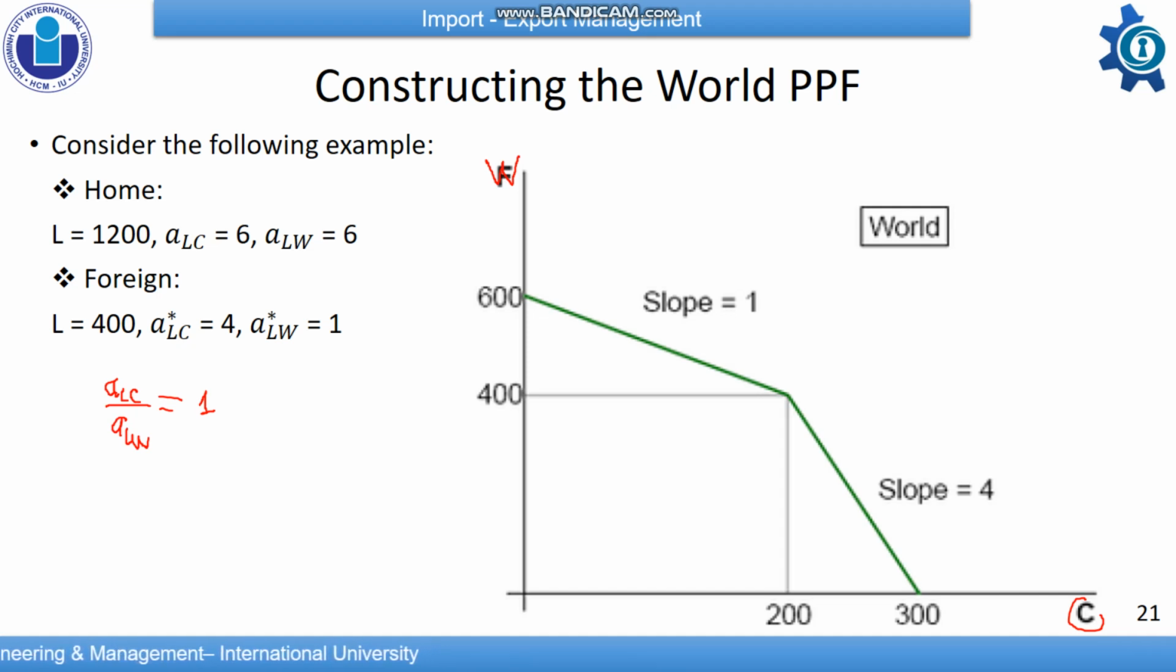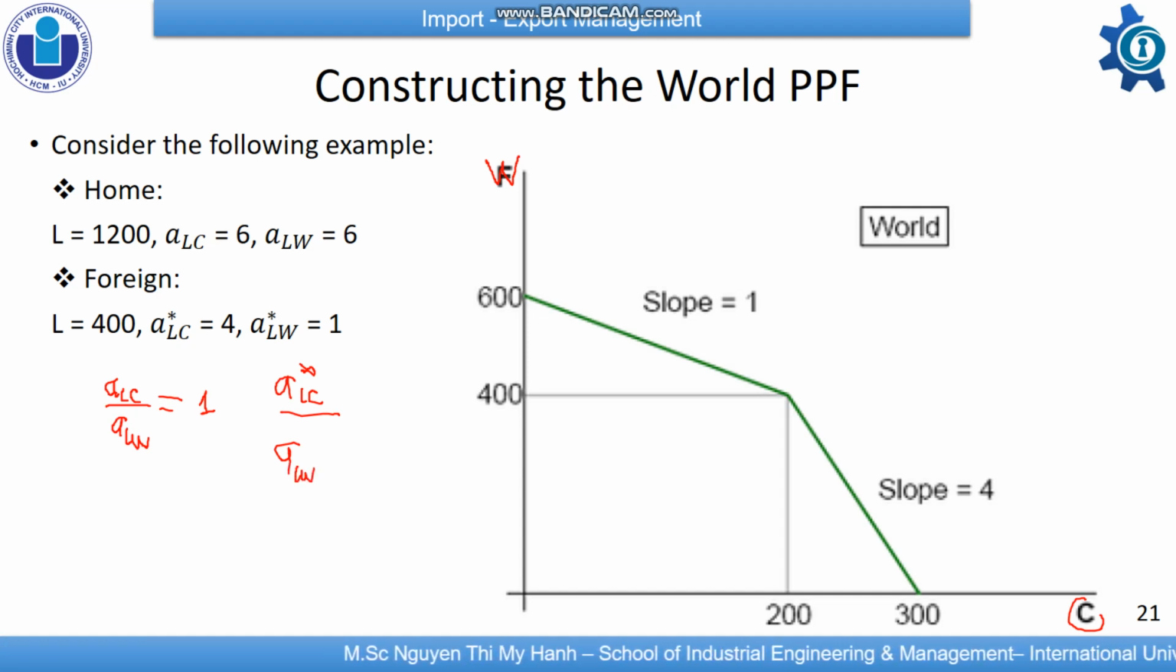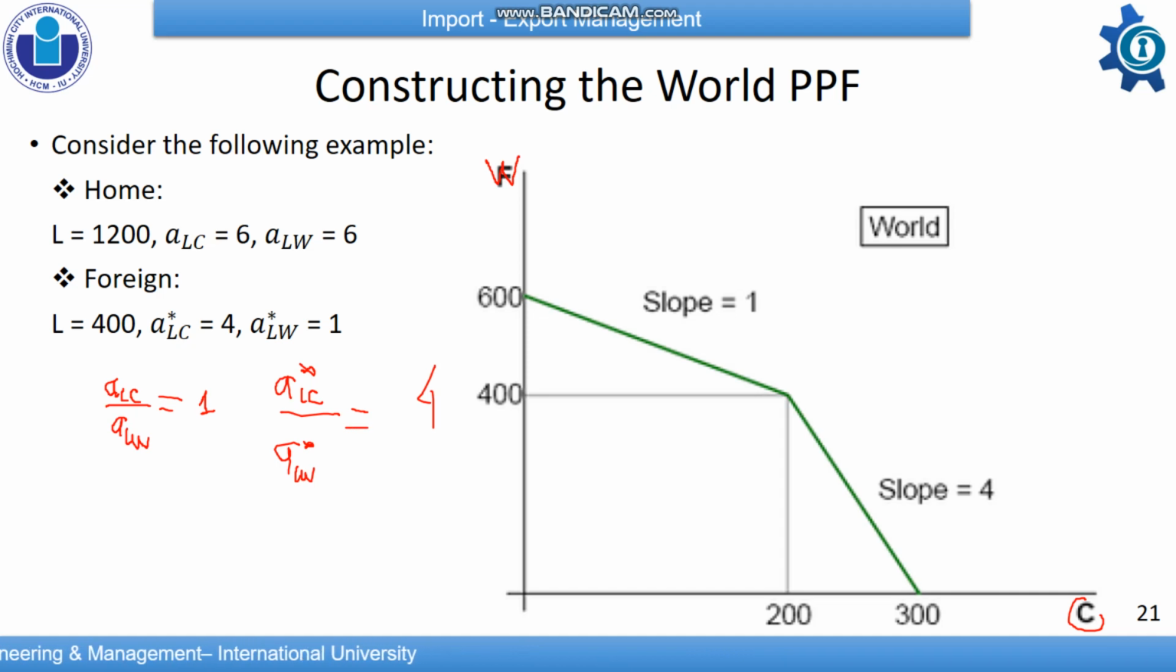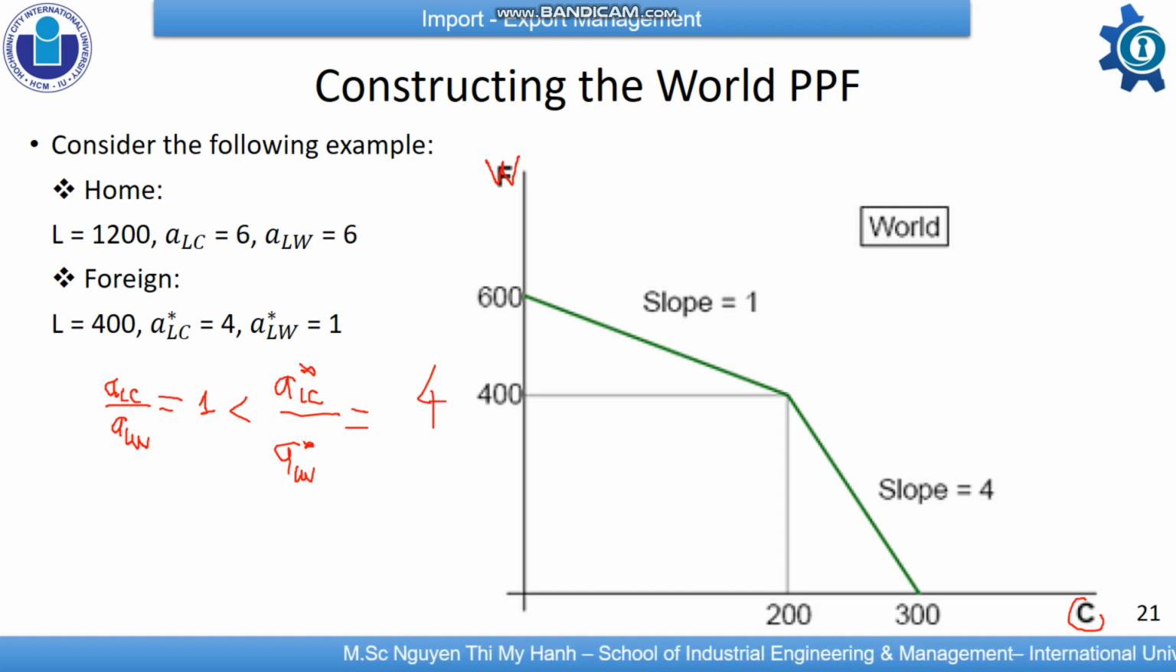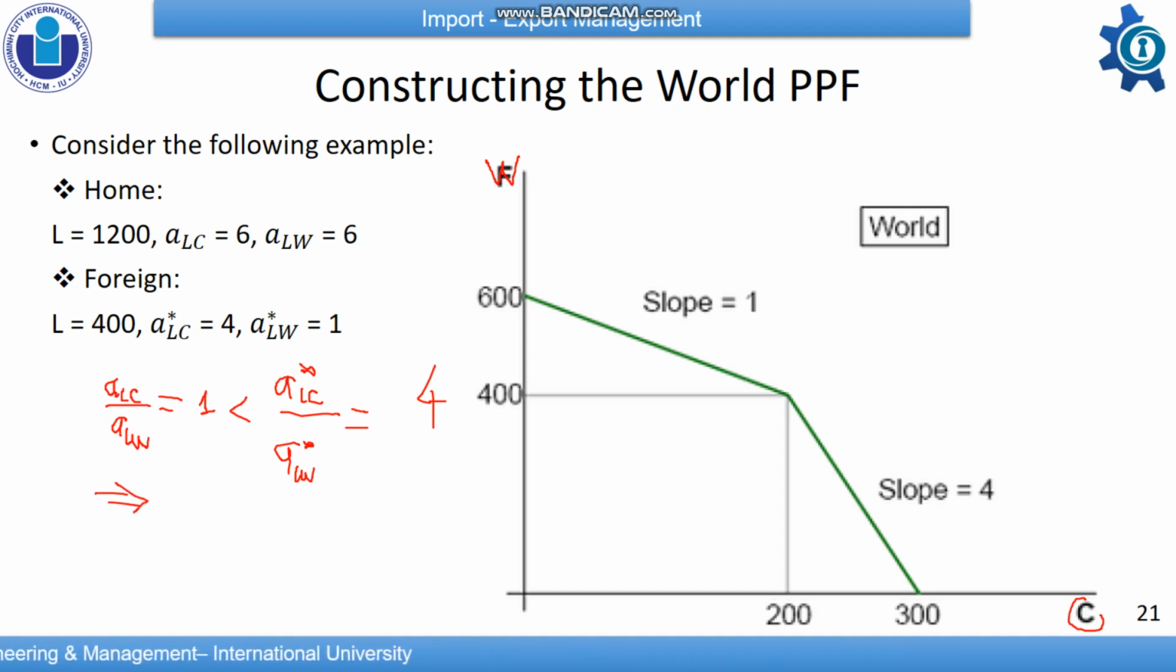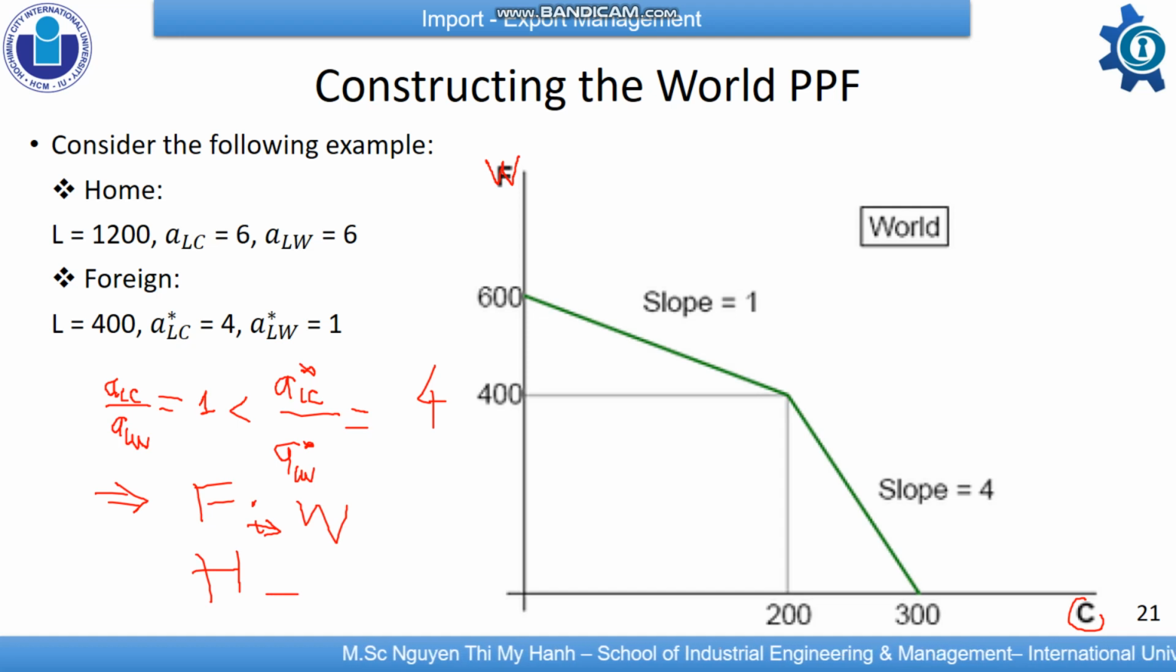How about for the foreign country? That is aLC star divided by aLW star, which is equal to 4. So we can see the relative unit labor requirement of cheese in the home country is less than in the foreign country. So the foreign country will specialize in wine, and the home country will specialize in cheese. Okay,